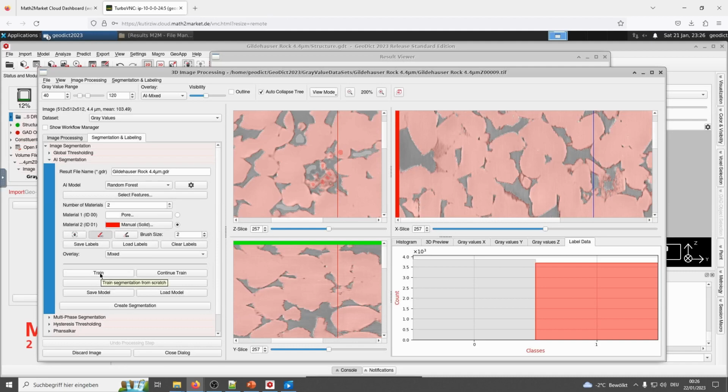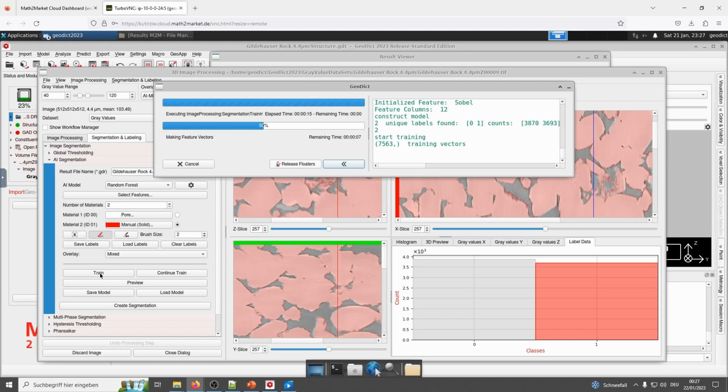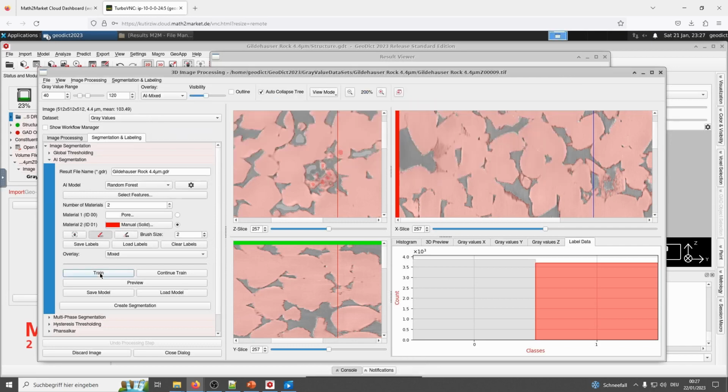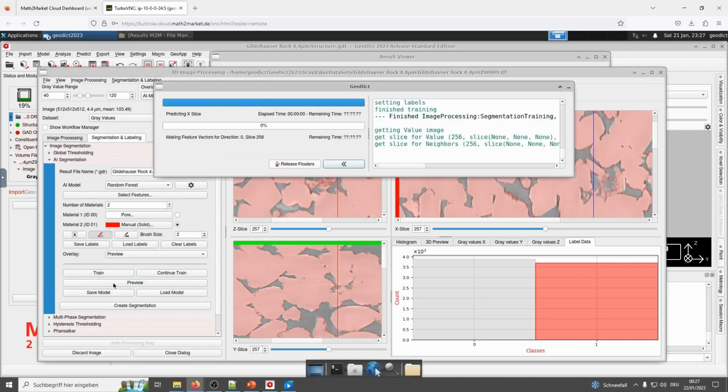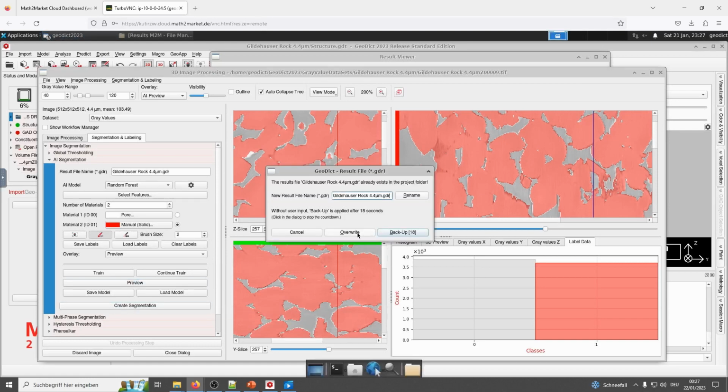Click Train. And now preview again. And create segmentation. All right.